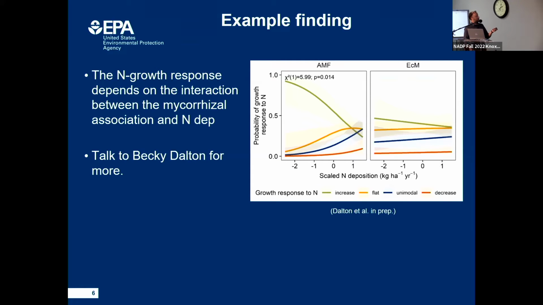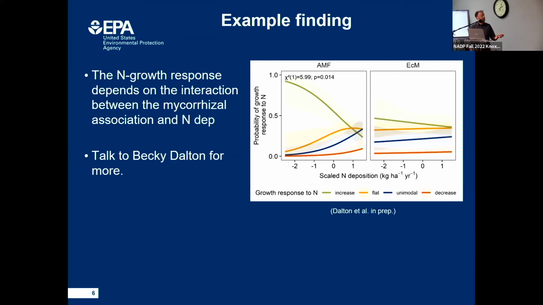So the nitrogen growth response does appear to depend heavily on the mycorrhizal association at that site. If you have a community that's dominated by ectomycorrhizal species over here, you're not going to see much of a shift in the distribution of shapes. Green are species with an increasing relationship, flat species with no relationship, unimodal is the canonical hump-shaped relationship, or a decreaser. These communities are basically not accessing the inorganic pools,